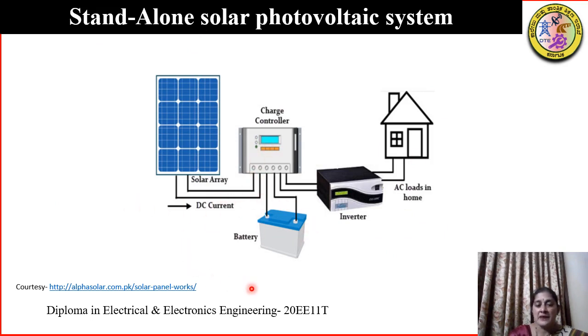The purpose of the battery is to store charges. So during daytime, when light energy is incident on the array, whatever output is produced is supplied to the consumer, and whatever excess is produced is stored in the batteries. So during night time, the battery will discharge and provide the output to the consumer. Thus, the continuity of power supply is maintained.